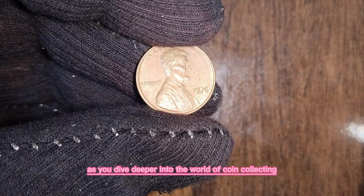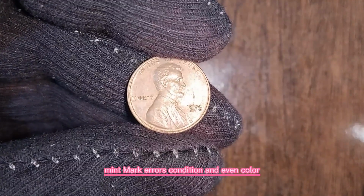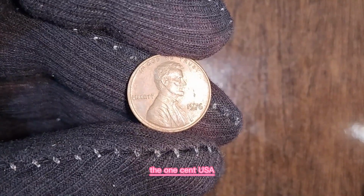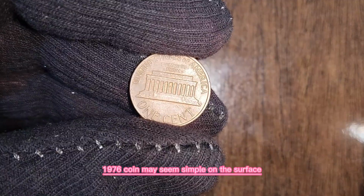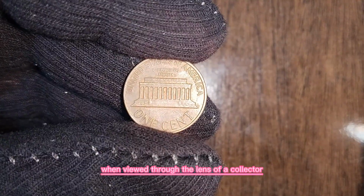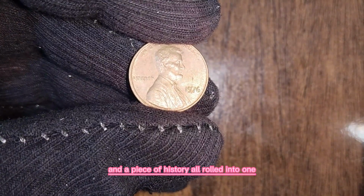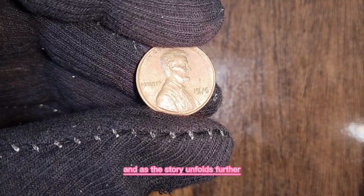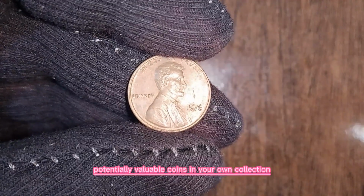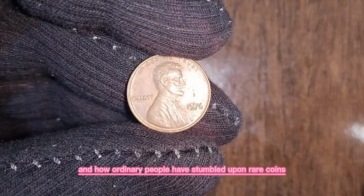As you dive deeper into the world of coin collecting, you start to see how each factor, design, mint mark, errors, condition, and even color, plays a role in determining value. The 1 cent USA 1976 coin may seem simple on the surface, but it is anything but ordinary when viewed through the lens of a collector. It becomes a puzzle, a treasure hunt, and a piece of history all rolled into one. And as the story unfolds further, you will discover even more surprising details, including how to identify potentially valuable coins in your own collection, what signs to look for, and how ordinary people have stumbled upon rare coins worth fortunes